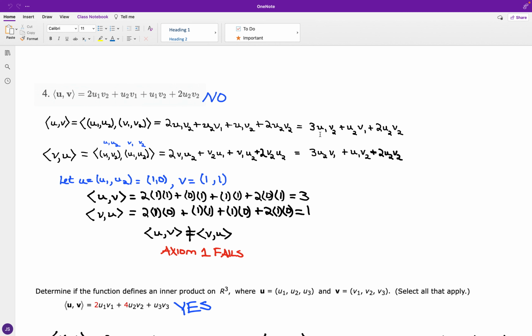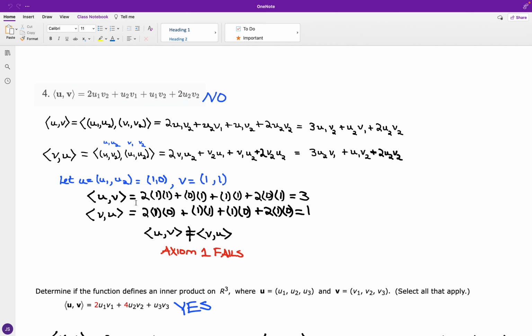What we're going to do here is just take a sampling. We can have the vector u, where u sub 1 is equal to 1, u sub 2 is equal to 0, and we'll say that for v, v sub 1 and v sub 2 will be identical at 1. So if I take these components, we have for the pairing of u and v,